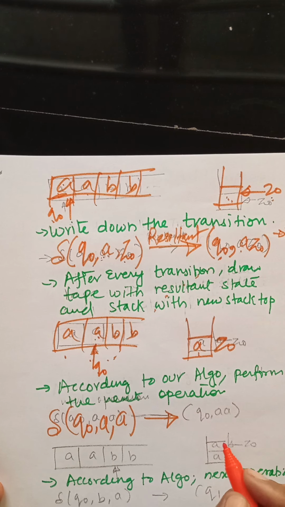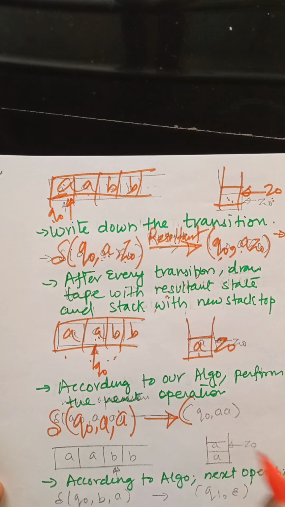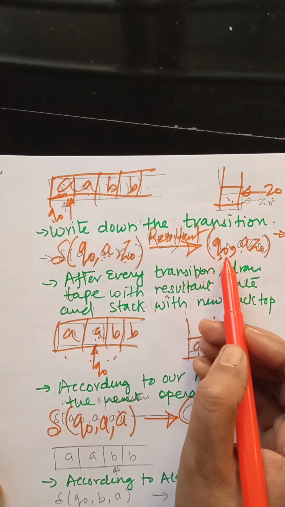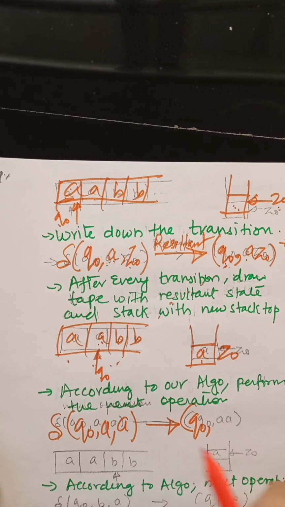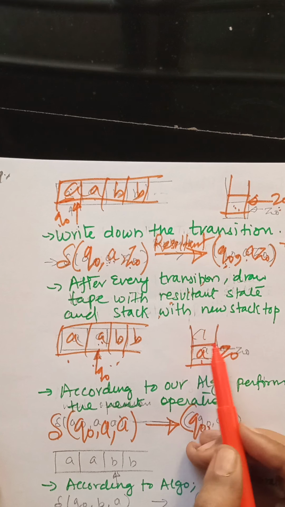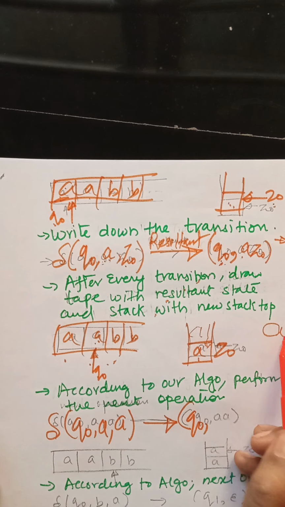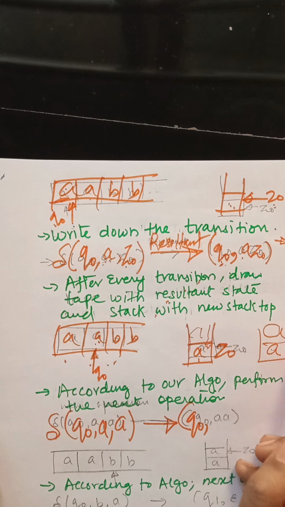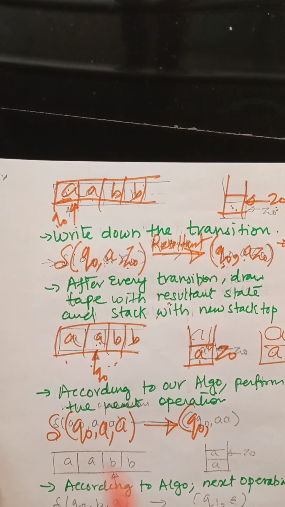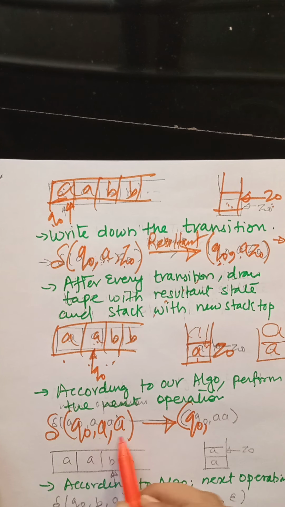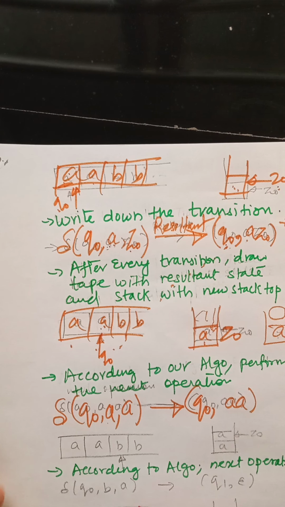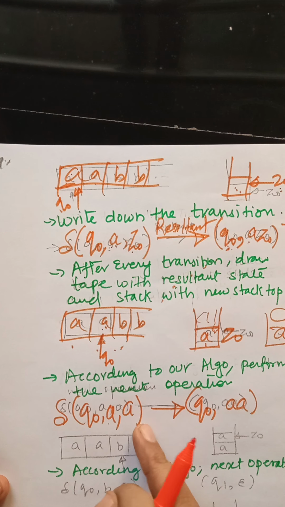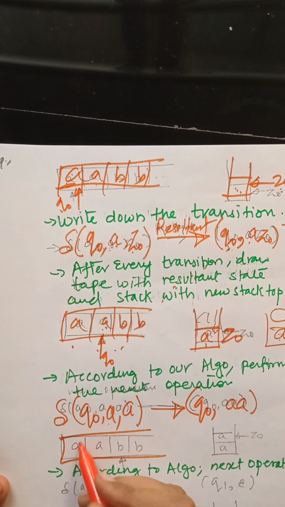What will be the resultant state? You decide, do you want to change? As we had already not changed the state for the push operation, the same for push operation, and what we are going to write, this A will be written here. So here we are going to write A and then A after the push operation. So how are we going to read? The simplest form is that whatever we are writing here separated by commas, we are going to write together without any comma. So that is the push operation. Okay, after this transition again we have to draw the resultant tape and the stack.